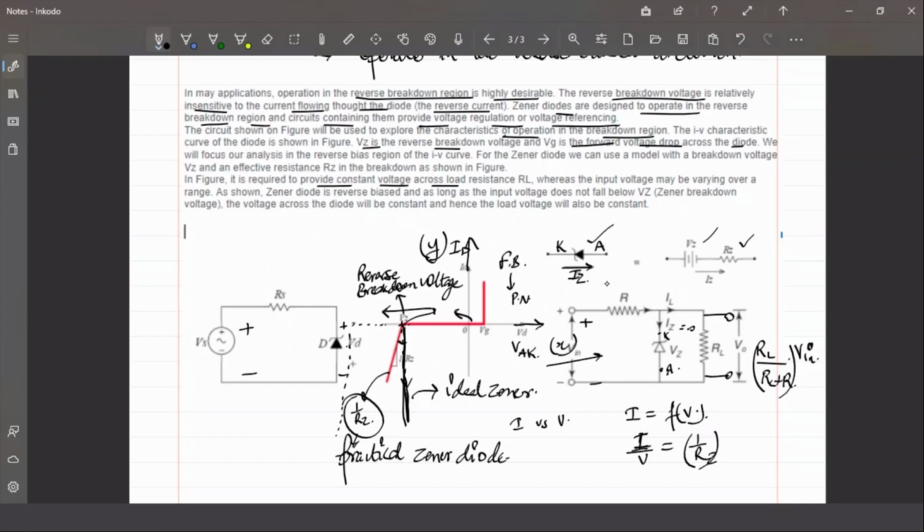The current flows rather through R and RL, both are in series, and that current will be V divided by R plus RL, and the voltage across this will be this evaluated current multiplied by RL. So that will be the voltage V0 in that case, if the Zener diode is in the off region or just before the breakdown region. But just after the breakdown region, what happens? The voltage across this device becomes equal to Vz. I hope this is clear to everyone.